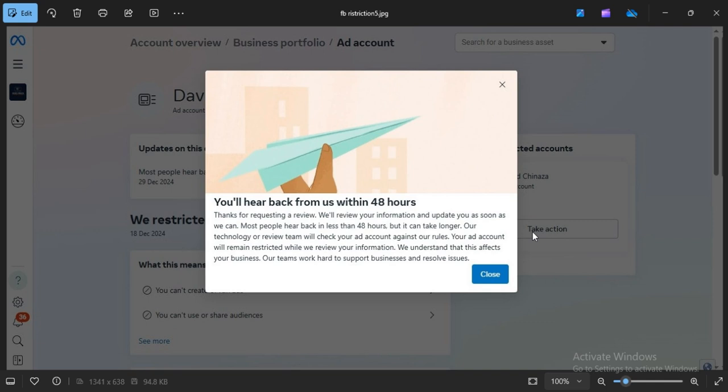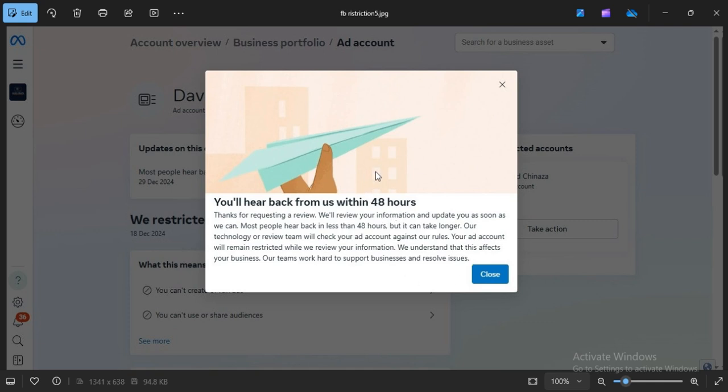In your own case, they may ask you to upload an ID, all right? And to do that, make sure that the age and the name in your Facebook ad account match the ID that you're about to upload. But if they ask you to upload only your photo, then you can go ahead and take a good headshot of yourself. Make sure that your 2 ears are showing. Then you upload it. So after I uploaded it, I closed it, and I was waiting for 48 hours,